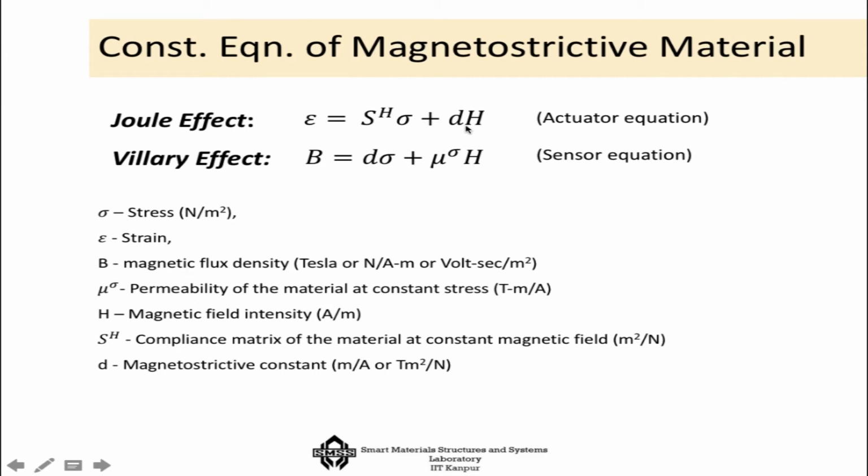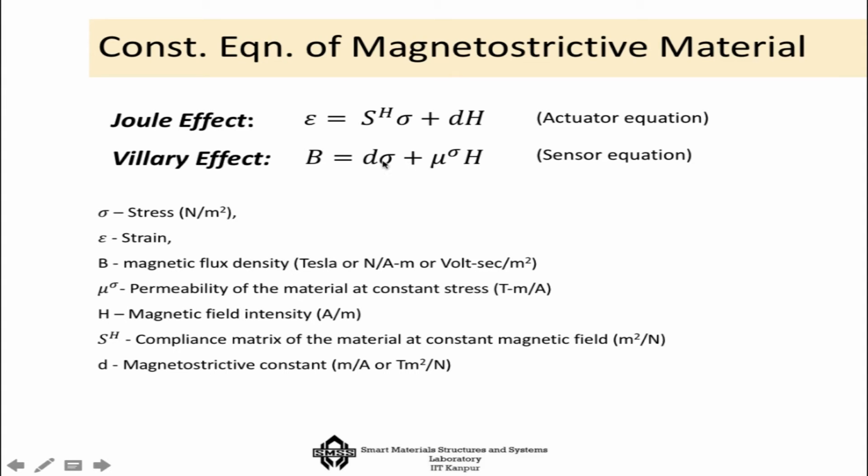For the magnetostrictive material, this happens because of, once again, the coupling called magnetomechanical coupling here, like the piezoelectric coupling. So here this d creates a coupling between H and epsilon, so that if there is a change in H, you get a change in epsilon. That is as far as the actuator building is concerned.